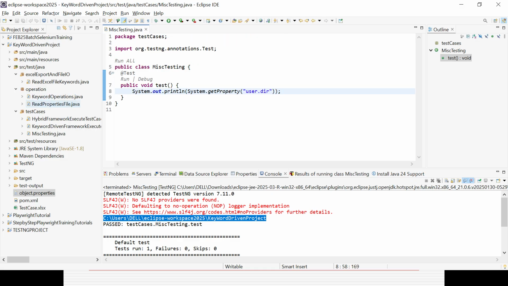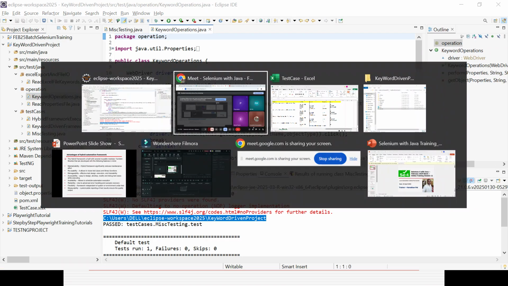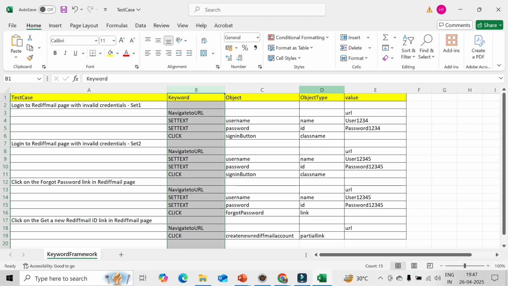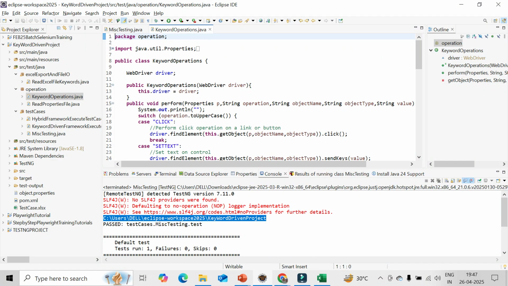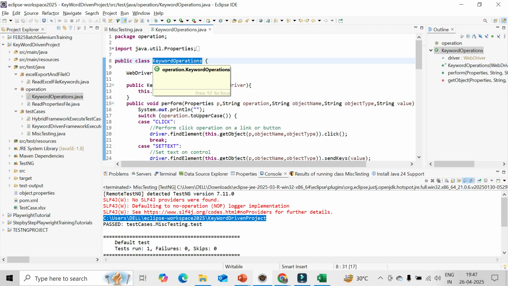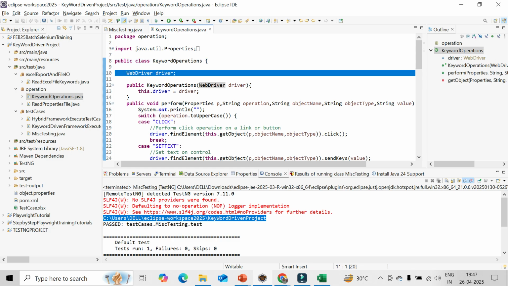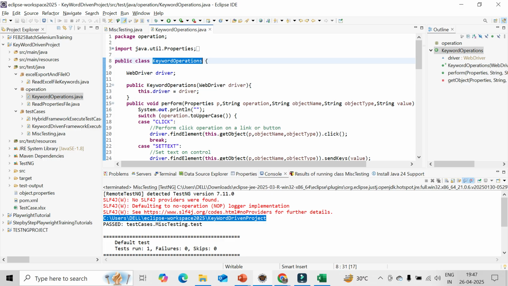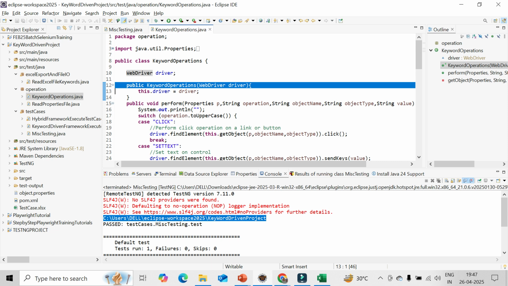Now I will be creating one more class in the operations package, which is for the keyword operations, whatever I have defined in the Excel. So what is my keyword? This is my keyword. What is the object I have defined here? Whenever you are creating a class called Operations, you can define a WebDriver. After that you can create a constructor, with the same name as the class name,